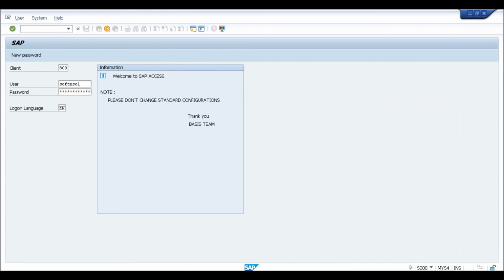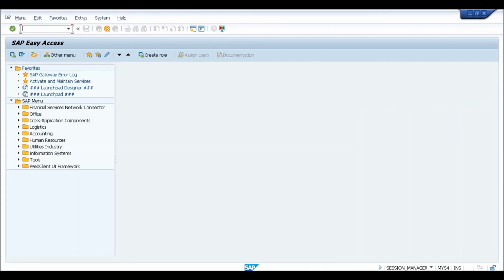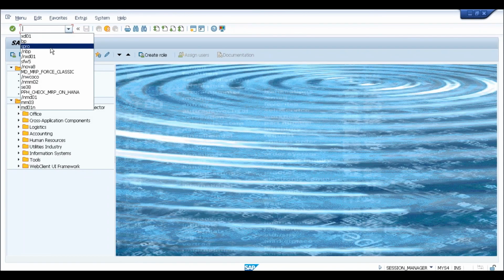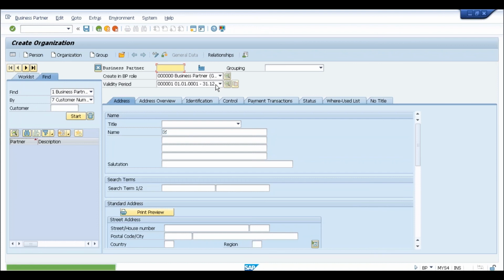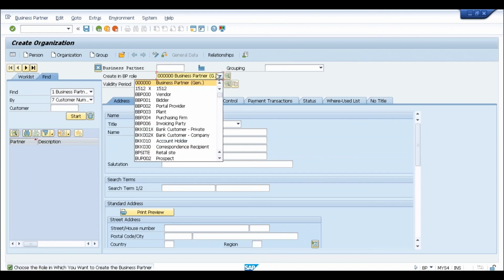I'm opening 1610 because nobody has played with those roles, and here you can see a lot of different roles. So let's go for this, and let's see here. Somebody has created some zeros here also. Okay, let me see which one I am comfortable with. So starting from here, FLCU00, FLCU01, this is for customer, this is for vendor. Apart from this, we are also going to use